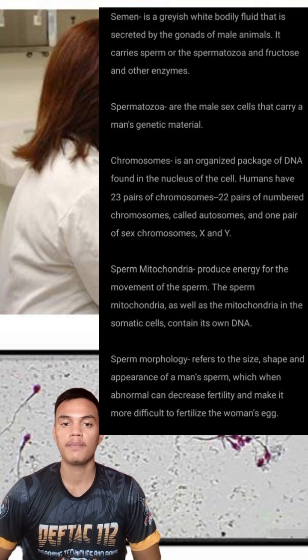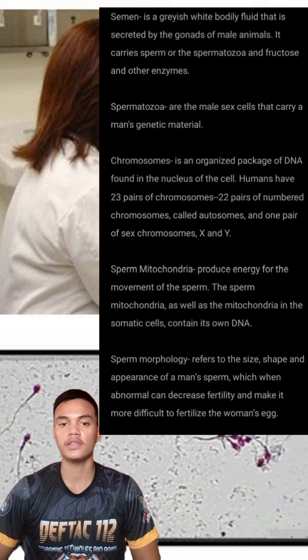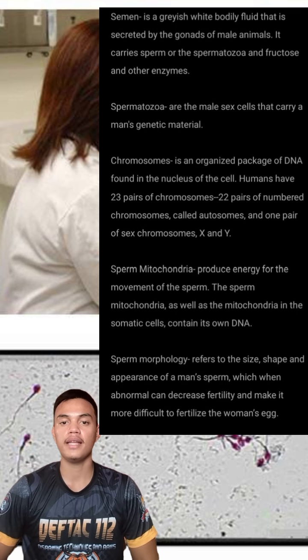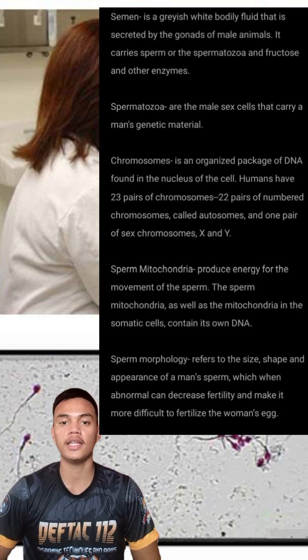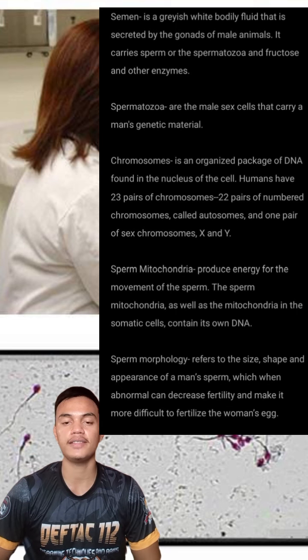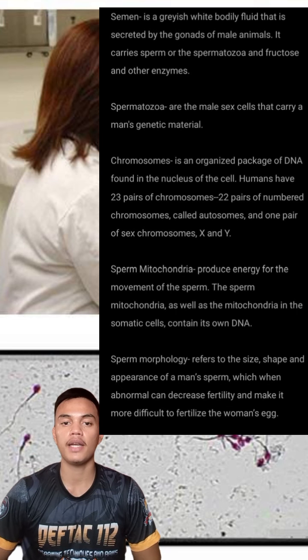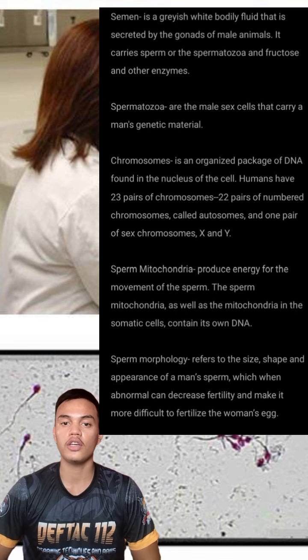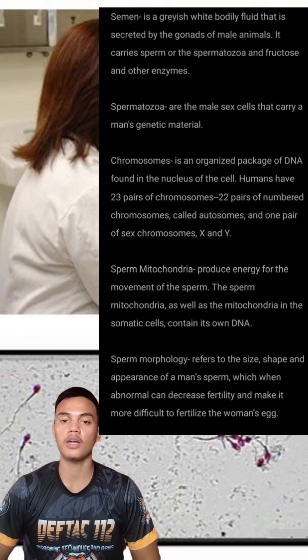It carries sperm, or the spermatozoa, and fructose and other enzymes. Spermatozoa are the male sex cells that carry a man's genetic material. A chromosome is an organized package of DNA found in the nucleus of the cell. Humans have 23 pairs of chromosomes: 22 pairs of numbered chromosomes called autosomes, and 1 pair of sex chromosomes, X